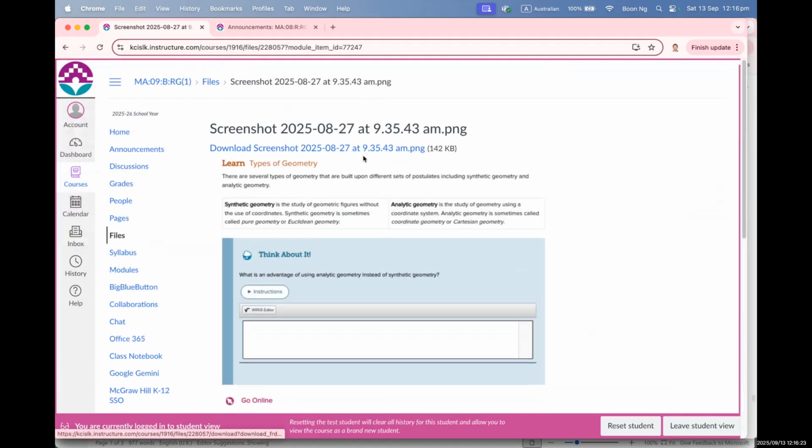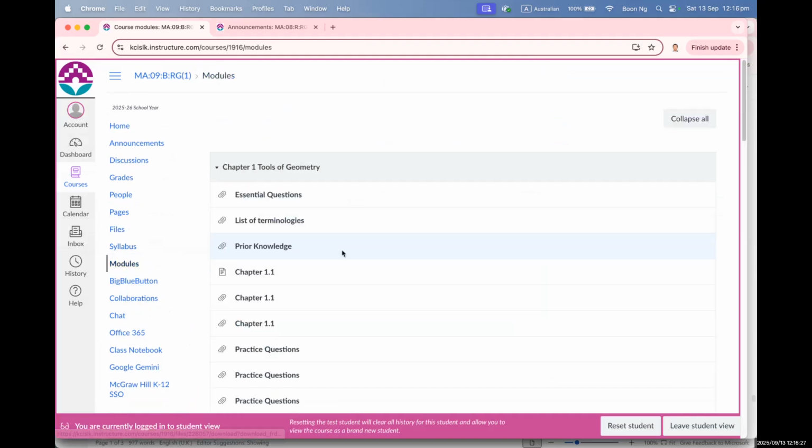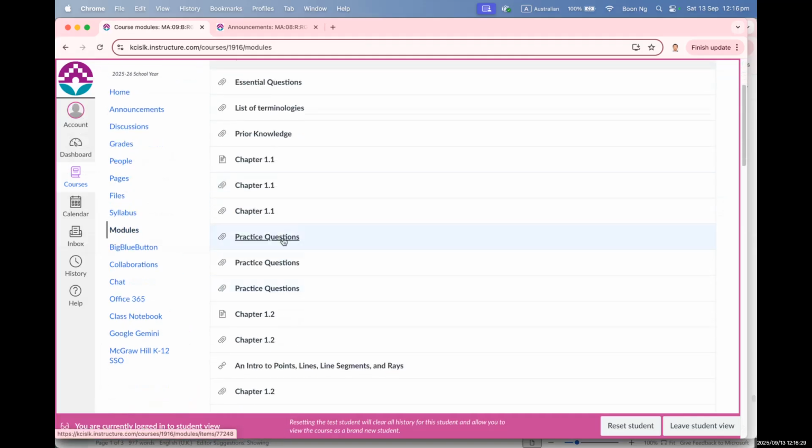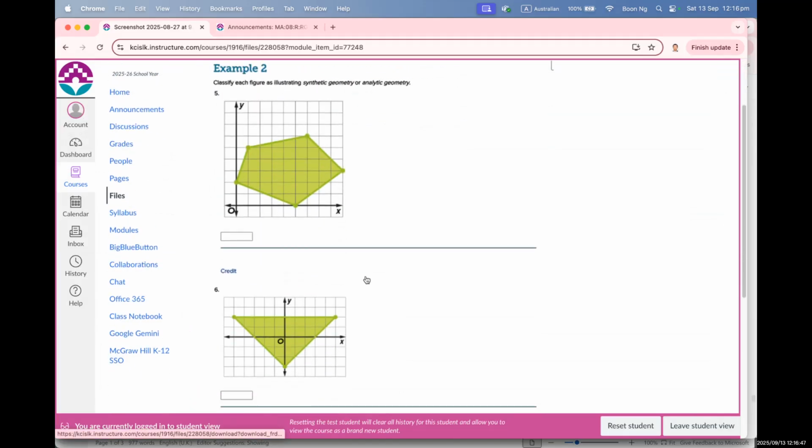Now, if you go back to modules again, there will be practice questions. On chapter 1.1, that would be the theories and examples. Practice questions are where students need to do these questions in their notebook. Students would need to copy this and do it in their notebook, and I would check it